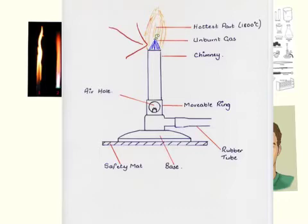You have to be careful when you're putting things in the fire that is always the case. The closer to the tip of that cone is, the warmer it will be for us. So we want to always be sure that we're cognizant of those things. Next up is you need to know the parts. Of course, there's the base, and you can see all of these things. The chimney, the air hole. We'll discuss this more in chemistry, but the one thing that I want to show you